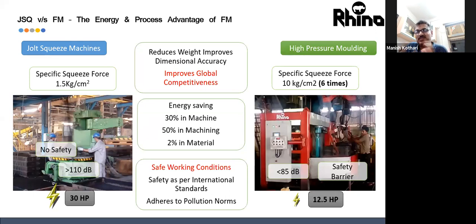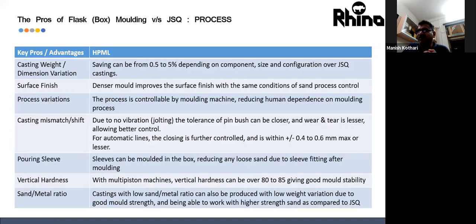So apart from the process advantage, there is also a lot of long-term advantage when we look at high pressure molding from operational safety. So these are the three factors where I would normally suggest to look into whether it is helping or serving. And as our topic,